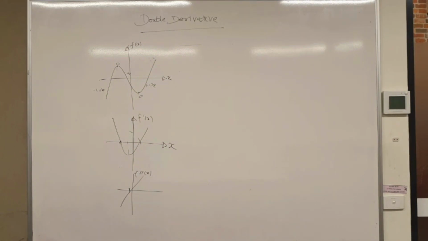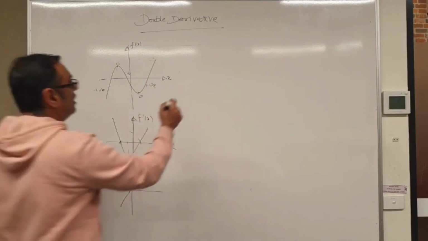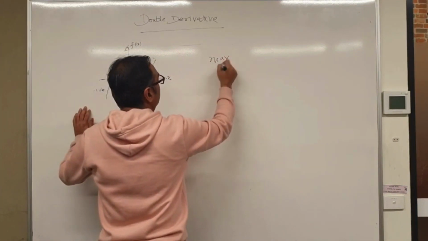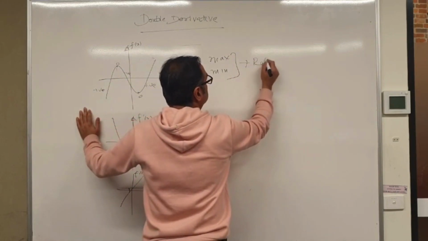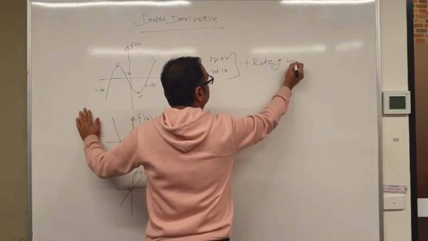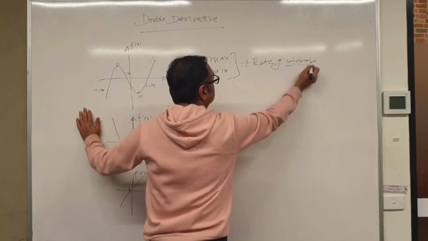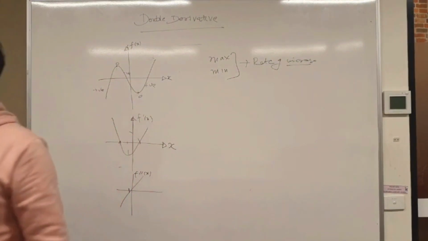Part B of the question. Read the language of part B. It says find the max rate of increase and decrease. So what is it asking? It's asking you to find the max and the min for the rate of change, rate of increase, rate of change, whatever. So when the question tells